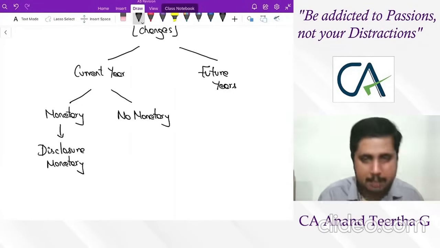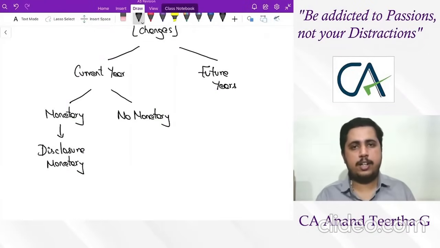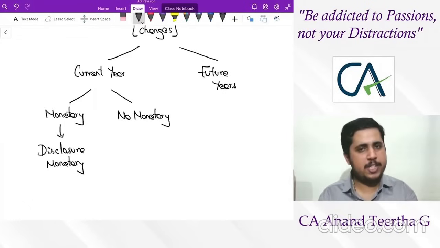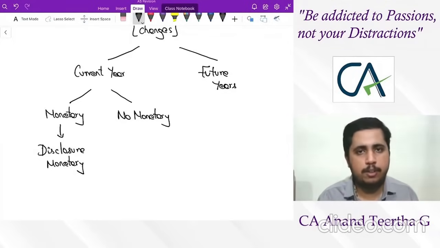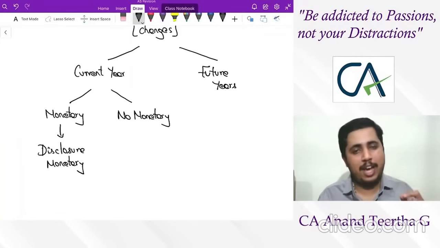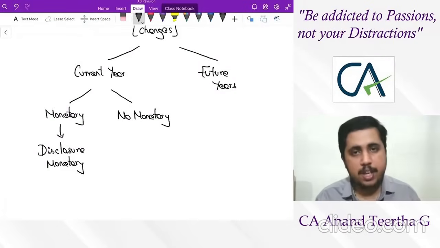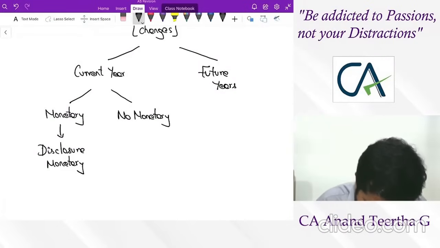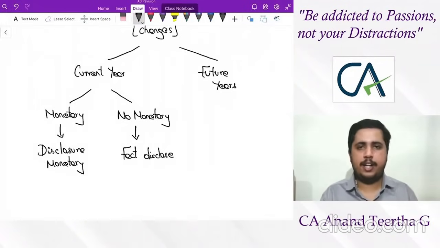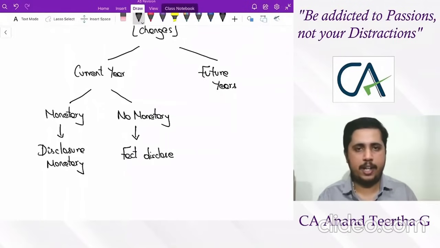Okay, if I have to give you an example, FIFO method has now changed to weighted average. So if you follow FIFO, there will be a specific value for closing stock. If you convert that to weighted average, again the value will change. Now, this could be said in monetary terms. Then disclose the monetary terms. What is the change towards profits? How much value got changed? Every valuation could be stated. Suppose it cannot be said in monetary terms, then the fact should be disclosed. Disclose the fact of that particular situation as to what had happened on a particular basis.